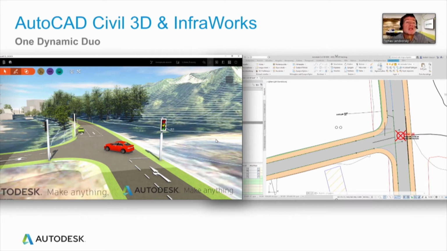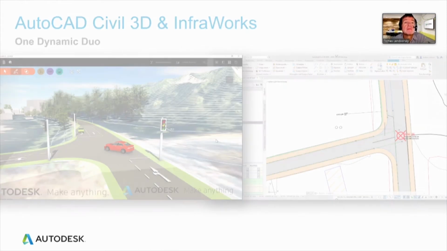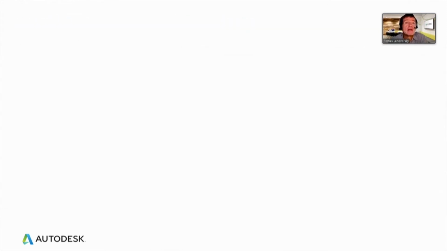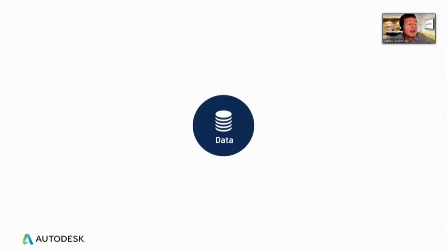Because InfraWorks is primarily dedicated to preliminary design, and Civil 3D is dedicated to detailed design, at the end of the day you can bring the data from Civil 3D to InfraWorks to make a final visualization in the existing context which you created from GIS data. And I don't want to talk about this in more detail,